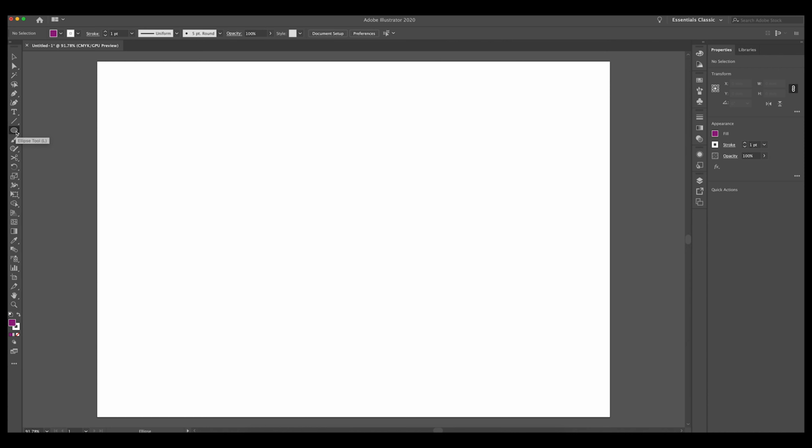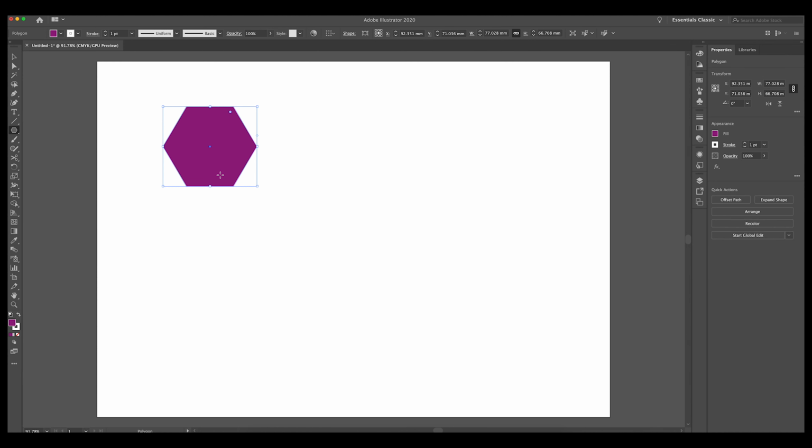Now that click function comes into its own with the polygon tool and the star tool. So when I use the polygon tool, it produced this. Now, if I click the shift button now, essentially the shape is always going to be the same because it's constrained by its angles. But by clicking the shift button, it aligns it. If I take my finger off the shift button, you can see how it just goes all quirly and whirly and roundy. So if you want to make sure that the bottom is going to be absolutely level, click and hold on the shift, and that will give you the option to create a nice straight